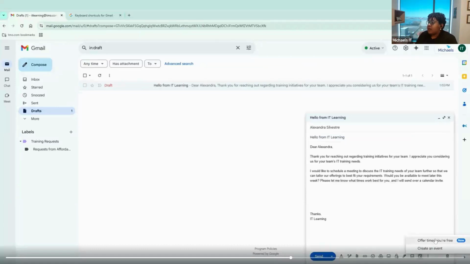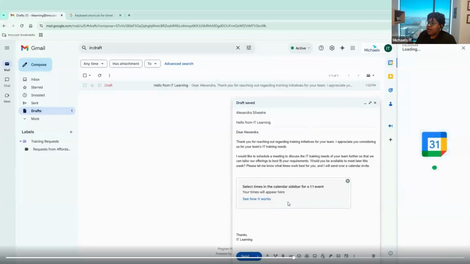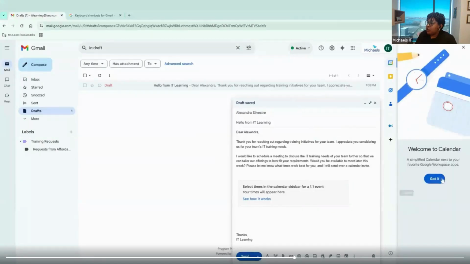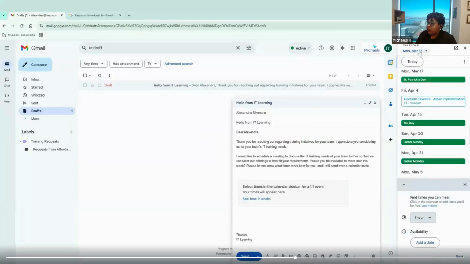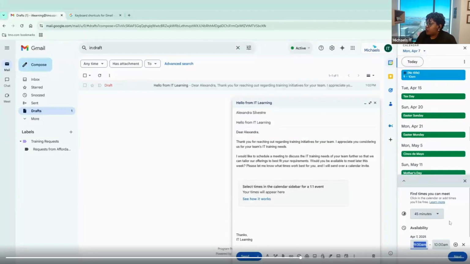One of the great things about Gmail is that it integrates with Calendar, so you do not have to exit your screen to see Calendar. So what we're going to do right now is share our availability with Alexandra. As you can see, my calendar is pretty open. Everything is available. So I want to create a 45-minute slot for me and Alex to meet. You can do that